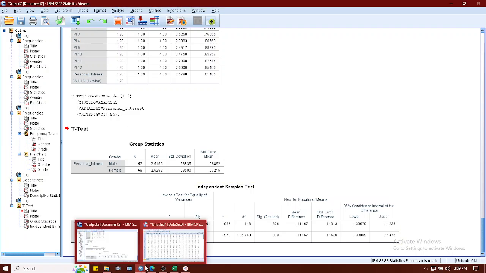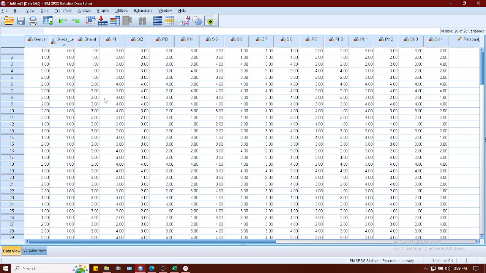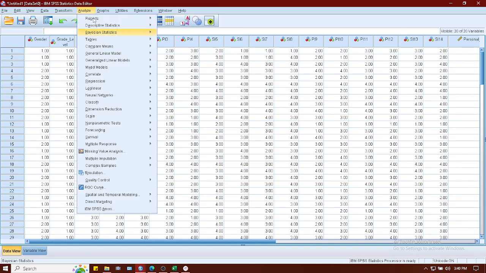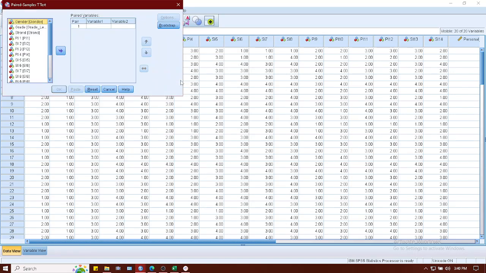So how do we do the paired sample t-test? In the same data view, we click on Analyze, then Compare Means, then Paired-Samples T Test. Again, we use the paired sample t-test when we compare two variables or two measures for one group.